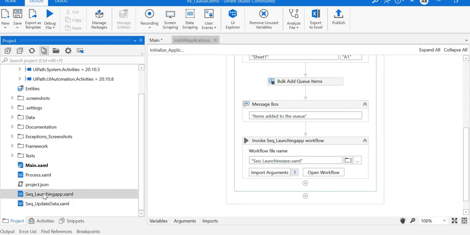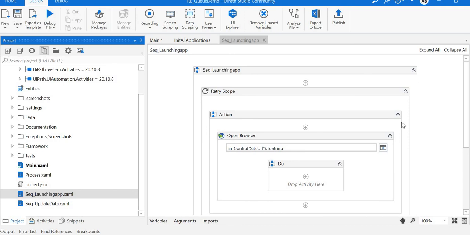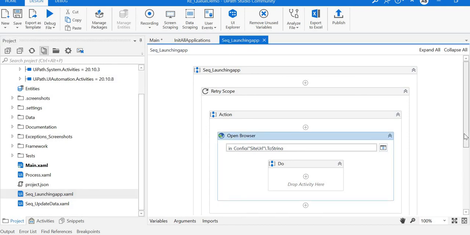launching app XAML. The REFramework tells us we need to follow a modular way, meaning we have to modularize our application. If you see here, launching is an independent task with no dependency, so you can modularize it. You can make it a separate sequence and inject it into the main flow. That is the purpose. So in the launching app sequence, for example,